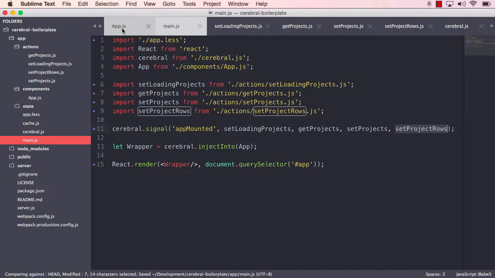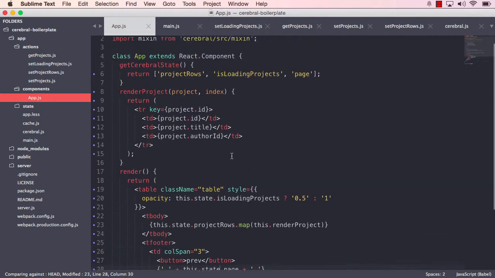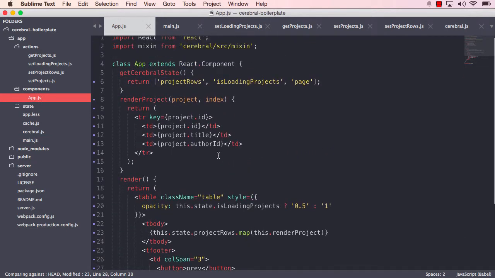So the thing is, before we can trigger this signal, we have to do something to convert these IDs in the array to something we can actually use inside this component. Because if we render now, each project will just be an ID, and that won't work. So Cerebral has something called a mapping function for the state. And the way that works is